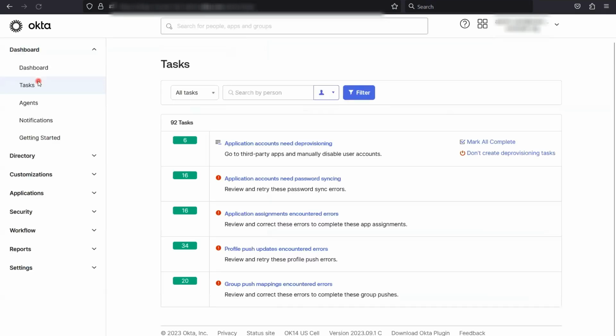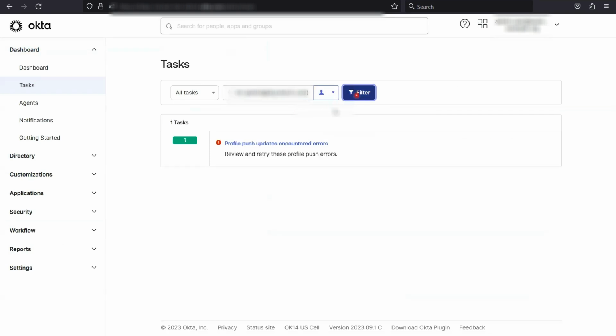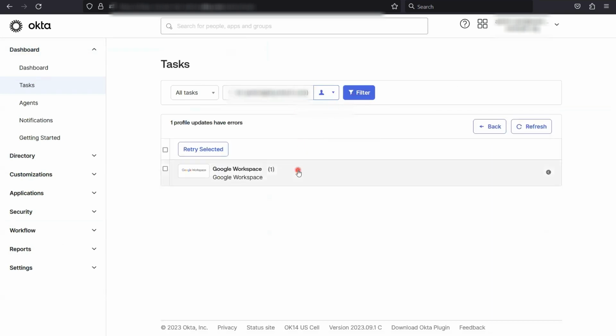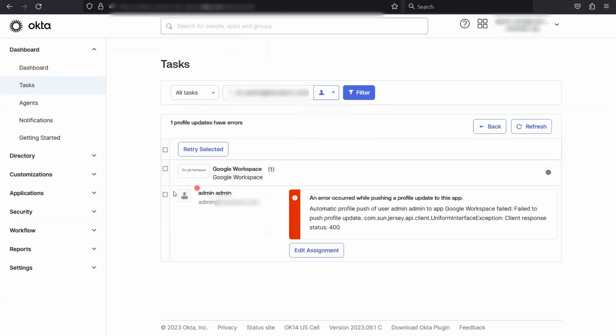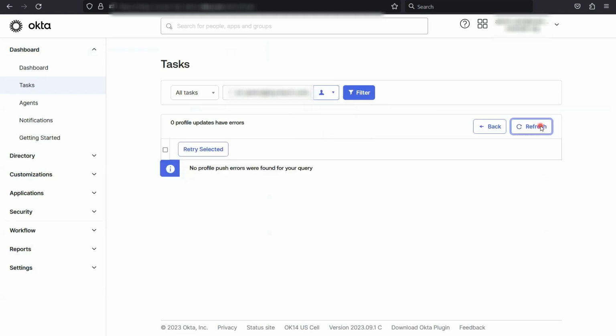Search for the user in Google Workspace and click Filter. Select the profile Push Updates error and click on Google Workspace. Now select the box next to the account, then click Retry Selected and refresh. And that is how to fix Google Workspace provisioning error, failed to push